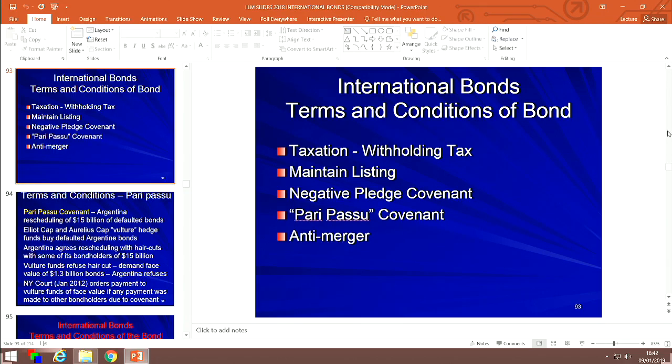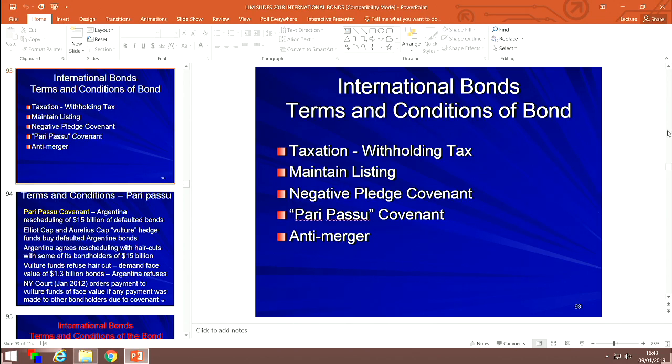Never mind the withholding tax clause. If the investor has to pay some kind of tax on the returns, then the clause says that not the investor, the issuer has to pay. Just like a borrower in a syndicated loan, what the clause says is if the issuer becomes subject to a withholding imposed by the tax authorities of the country of incorporation of the issuer in relation to any interest payments due to an investor,